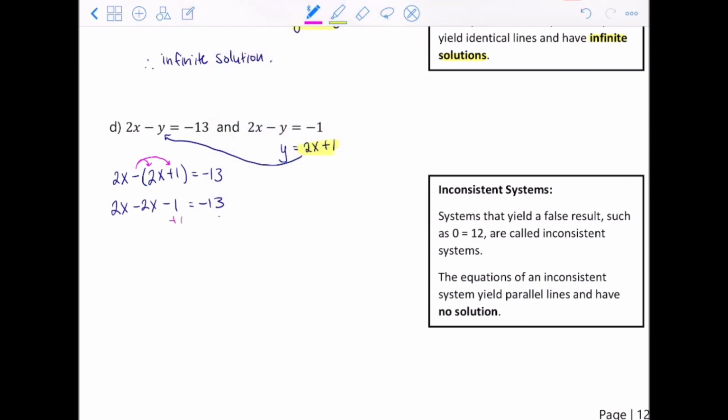So we're going to add 1 to both sides. We get 0, actually, hold up. We get negative 12 on the right hand side, but notice we have 2x minus 2x, which results in 0. 0 equals negative 12. That doesn't sound right. So this is when we can say that there is no solution